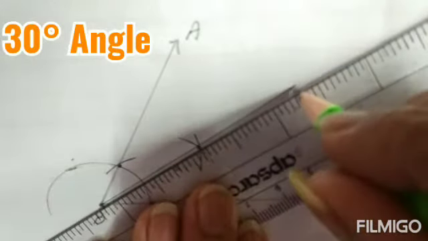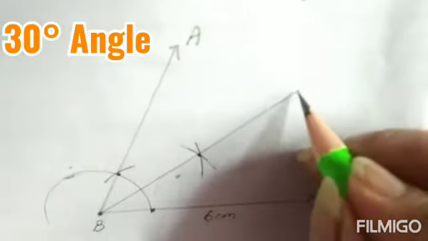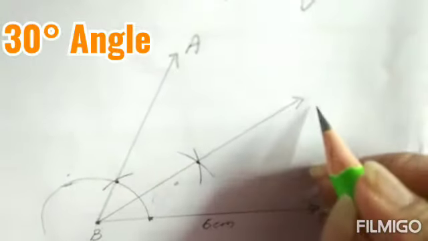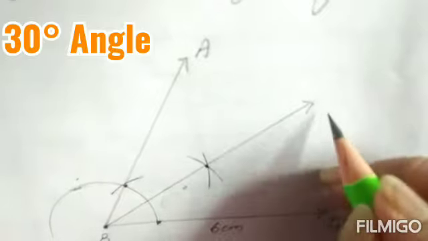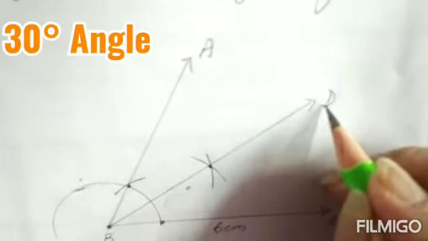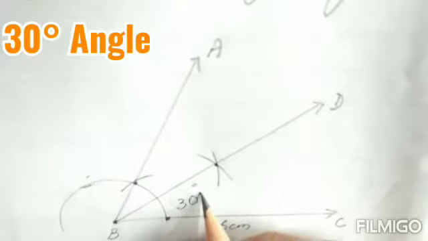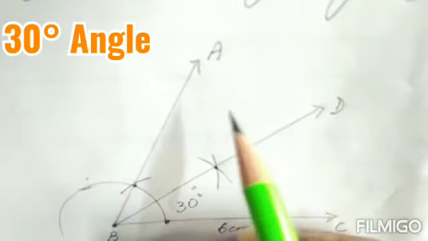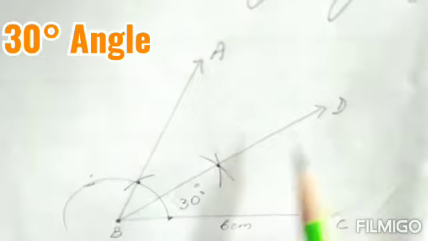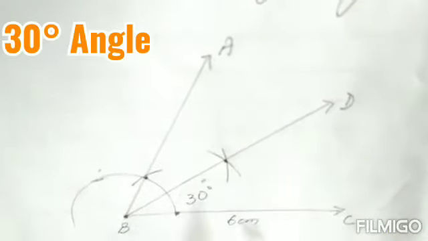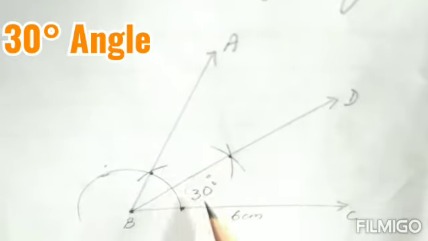See, this is how I will get a 30 degree angle. Now I can give it another name, as ABC was already there, so I can write it as DBC. So my DBC is a 30 degree angle. And if you measure this with a protractor, children, even ABD will be a 30 degree angle. That means I have divided my 60 degree angle into two parts, that is 30 each.